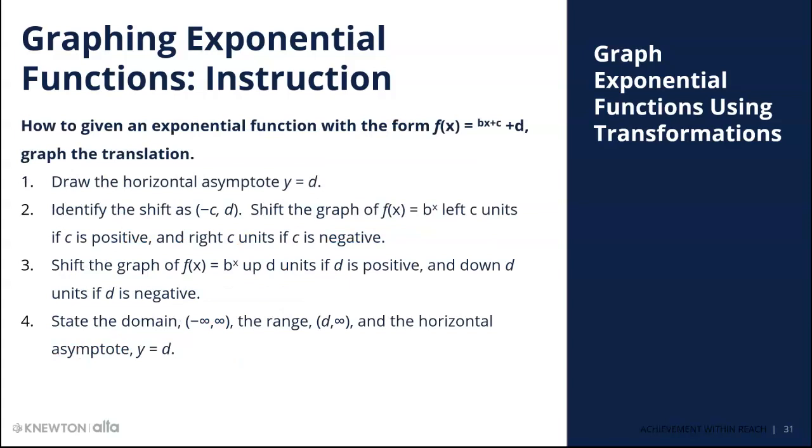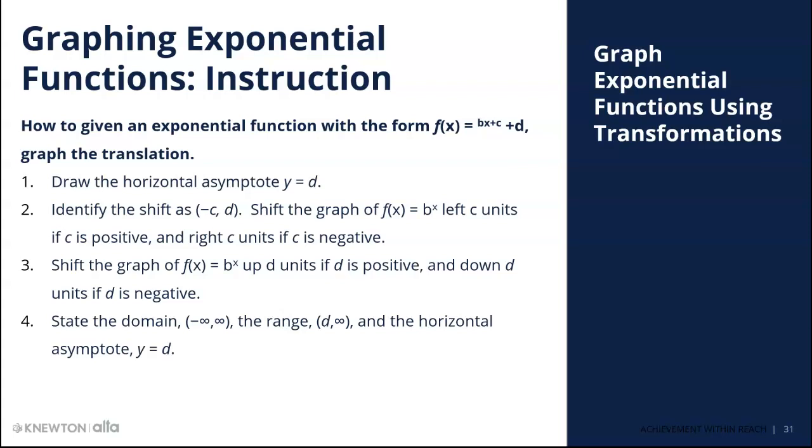Now to graph an exponential function of the form f of x equal to b to the x plus c, plus d, first you draw the horizontal asymptote y equals d. Because of the d here, we have a shifting along the y-axis, so the asymptote will also be shifted d units, either up or down, depending on the sign of d. So draw first the horizontal asymptote, and then you identify the shift as negative c or d, in other words, start with the point 0, 1, and then shift it,